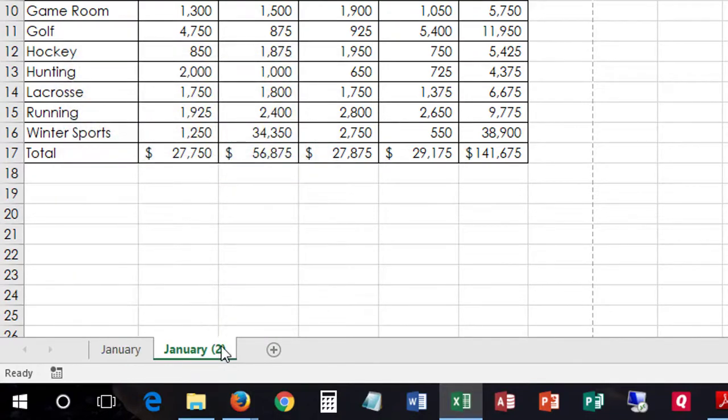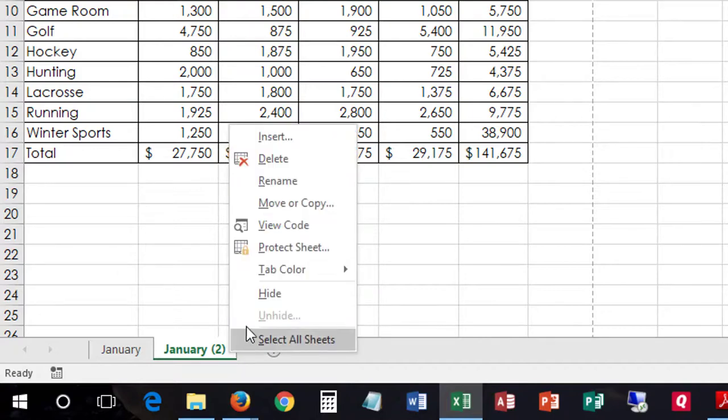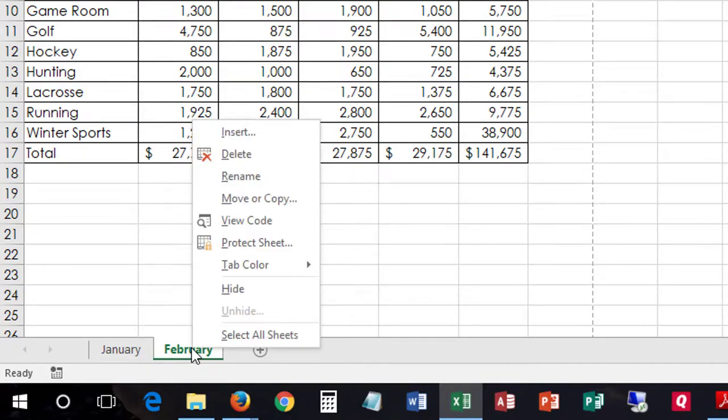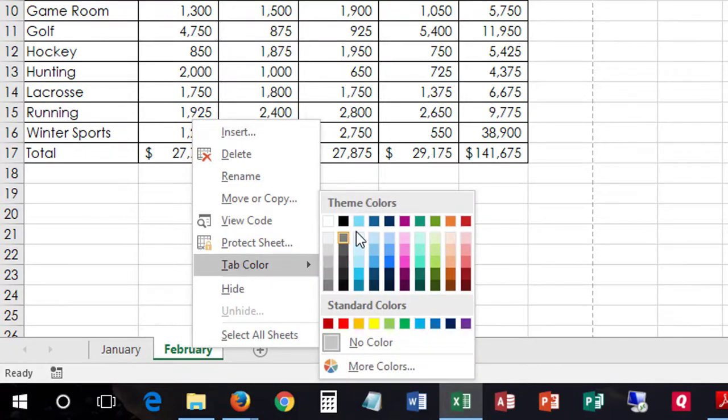And you can tell this is the copy because it puts a 2 in parentheses since it doesn't give any 2 worksheets the exact same name. We want to rename the copied sheet February, so we can right click and say Rename and type February. Step D wants us to format the February sheet tab color to dark blue accent 1. We can right click again. This time we'll come to tab color and then hover until you find dark blue accent 1